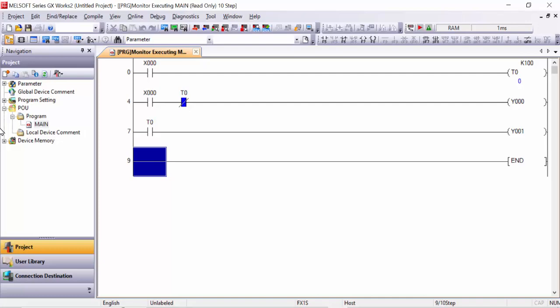See, again I will give the supply in this 100 milliseconds. When it is finished, after this, Y1 will be on. Right? And if, for example, we need to make some change,